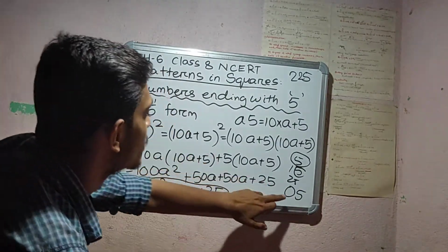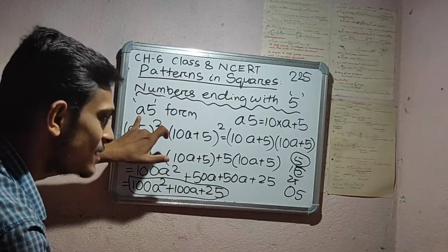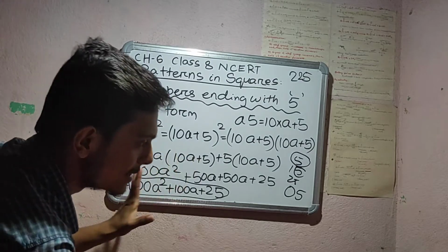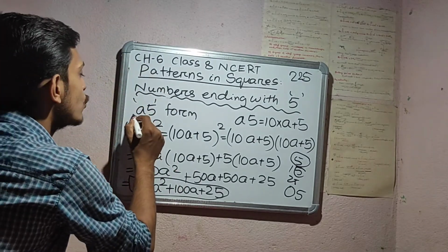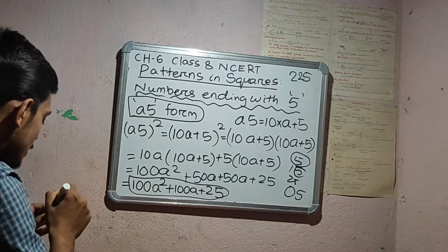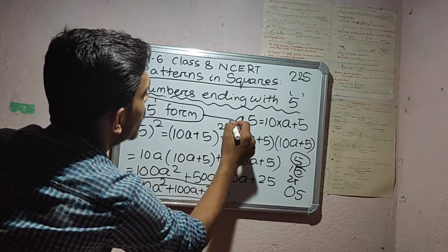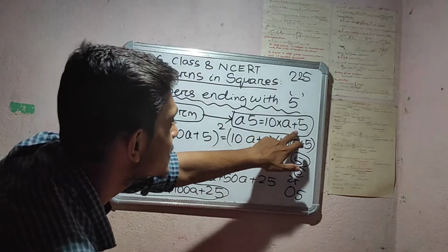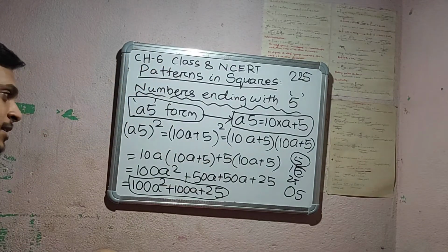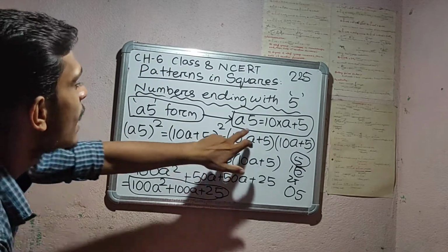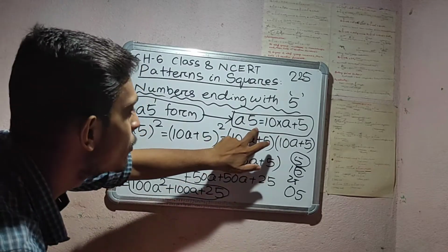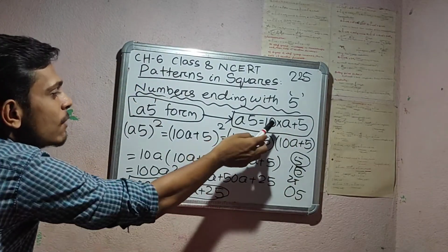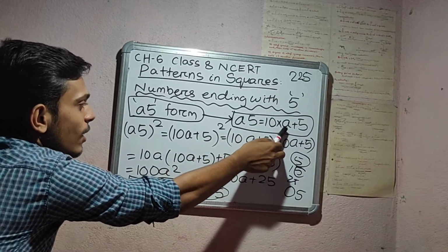So here the value of a is 0. For a 1 digit number, the value of a is 0, and for a 2 digit number, it is 1, 2, 6, 9, 8, 7, any digit. So it is in this form, that is a two-digit number. Yes or no? Any two-digit number is written in this form. We have already studied in the linear equation classes how a two-digit number can be expressed. This is the unit place, so this is just 5, that is 5 multiplied with 1. And for the tens place, we have to multiply 10 with the digit of the tens place. So this is the form.